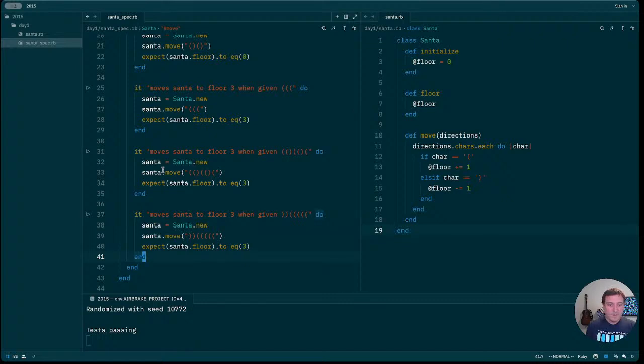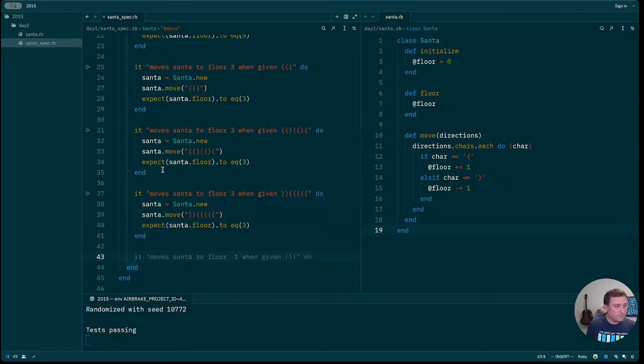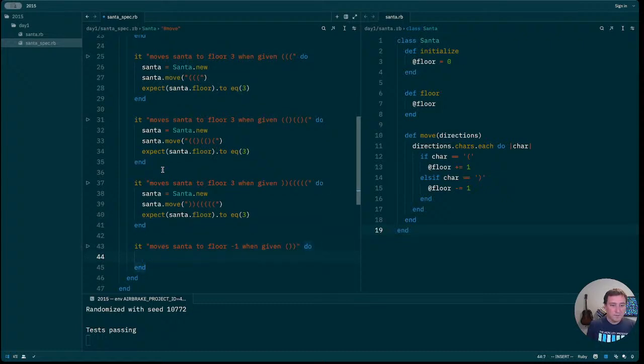Okay. And I imagine the rest of these are going to pass, so let's do move Santa to floor -1 when given close, close, Santa.new,